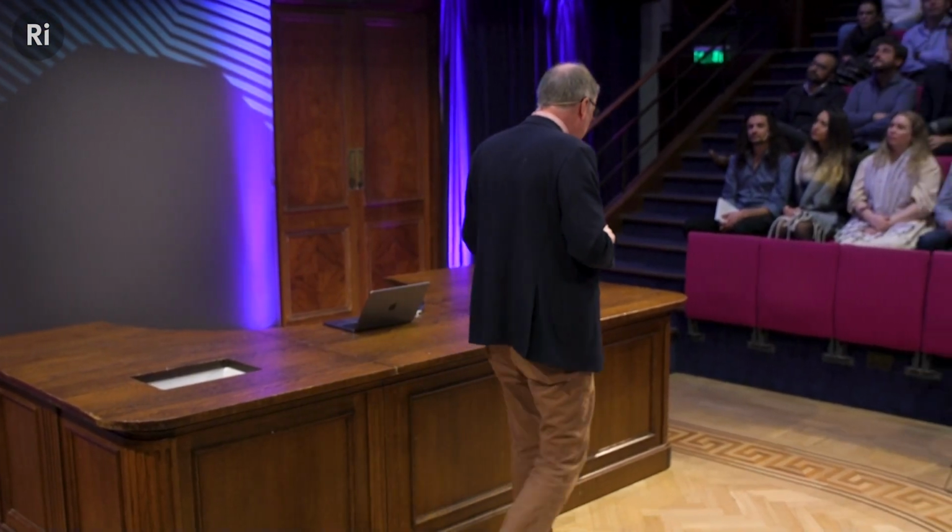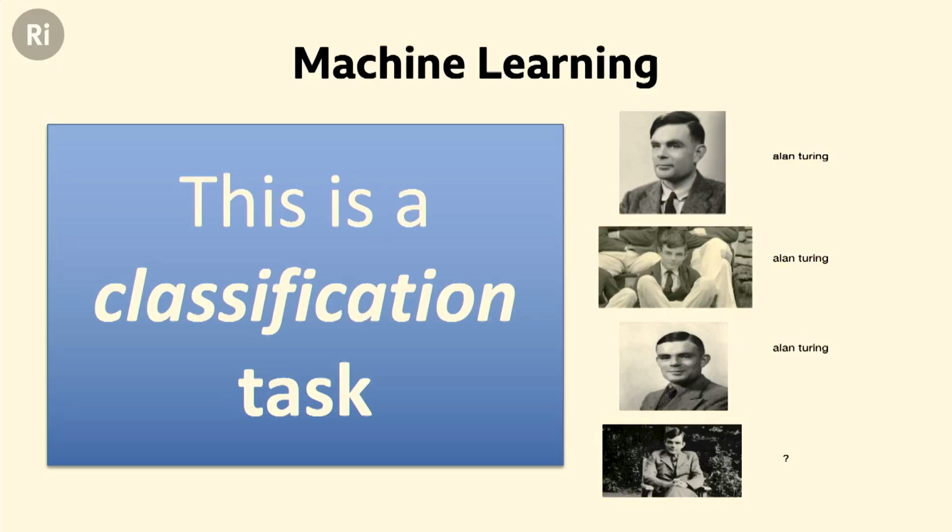Now, we're going to come on to exactly how it does the learning in a moment. But the first thing I want to point out is that this is a classification task. What I mean by that is as we show it the picture, the machine learning is classifying that picture. I'm classifying this as a picture of Michael Wooldridge, this as a picture of Alan Turing, and so on. And this is a technology which really started to work around about beginning 2005. It started to take off, but really got supercharged around about 2012.